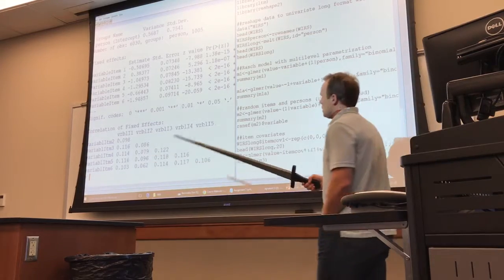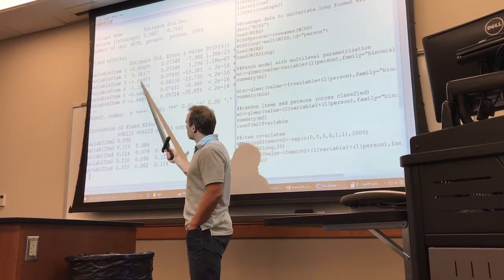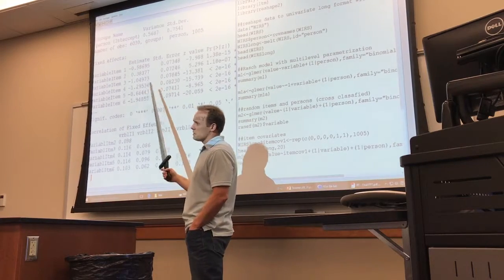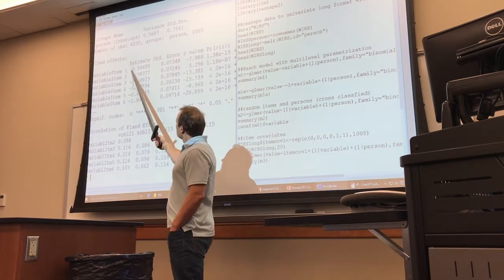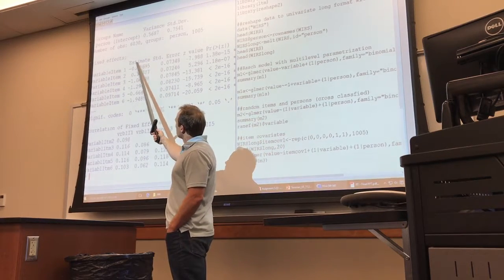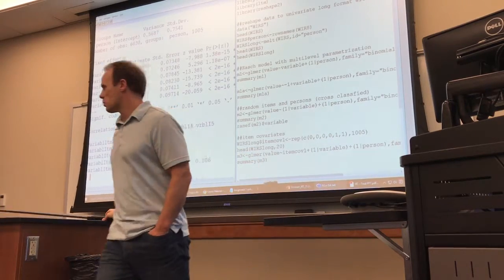So in this example, we have the first item, the difficulty. These all represent the difficulties, because difficulty is another way to say intercepts, so to speak. So this one is actually easiness. If we wanted to parameterize in terms of difficulty, it would be negative this. Remember our key interpretation, or